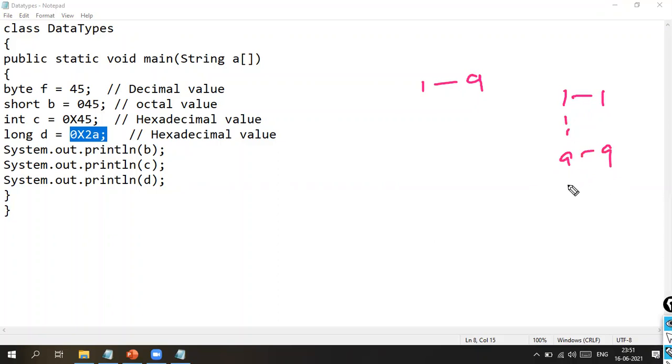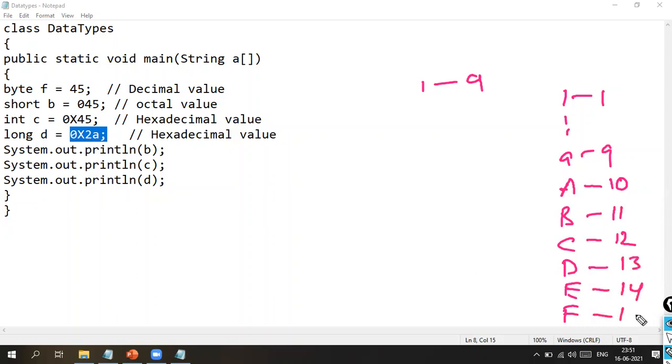But after 9, we have A, B, C, D, E, and F. A is equal to 10, B is equal to 11, C equal to 12, D equal to 13, E equal to 14, and F equal to 15. And then it continues again with 1 0, 1 1. So hexadecimal 10 is equal to 16, 11 equal to 17, and so on. This would be the chart.